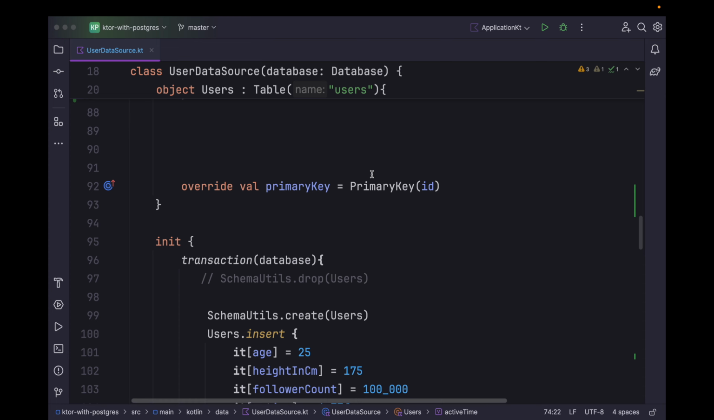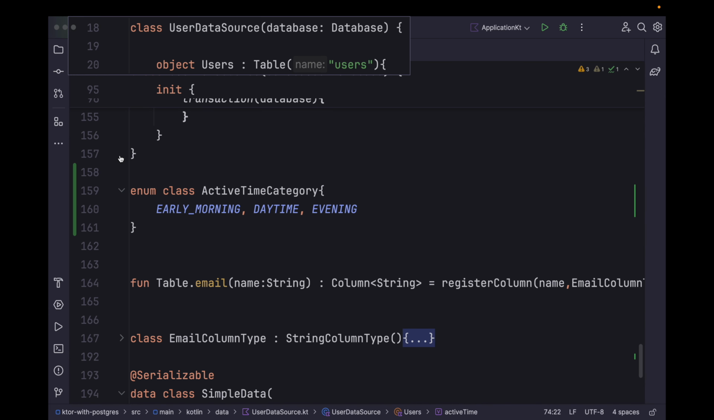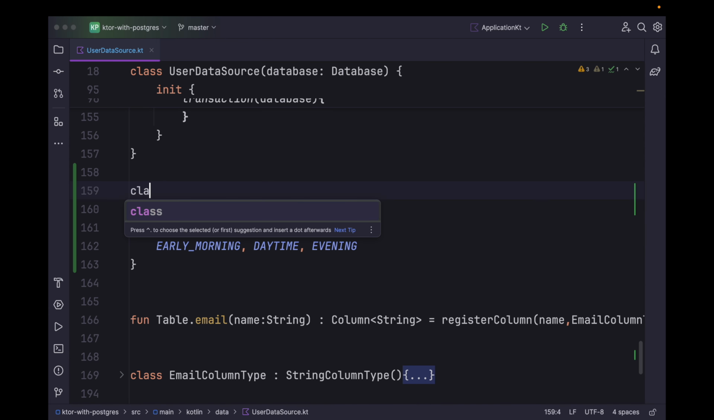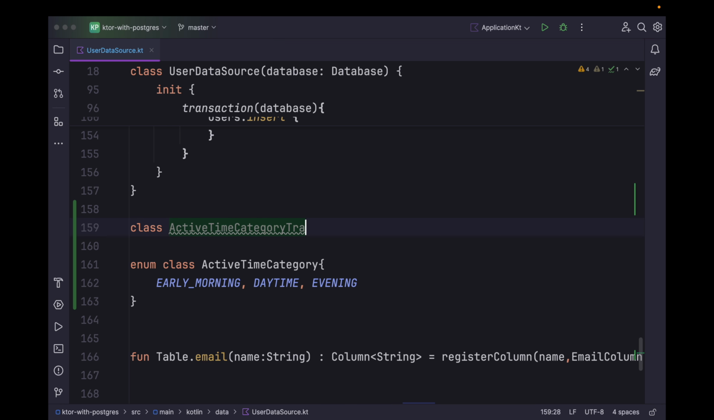So for that, let's create a class, and we want to create a transformer for ActiveTimeCategory. So we can simply say ActiveTimeCategoryTransformer. We can extend this class to ColumnTransformer, and for unwrapped we will be passing LocalTime, and for the wrap we will be using ActiveTimeCategory. Now within this class we need to override wrap and unwrap,